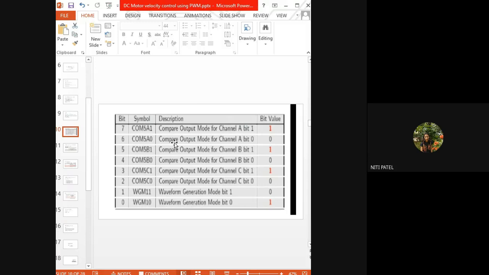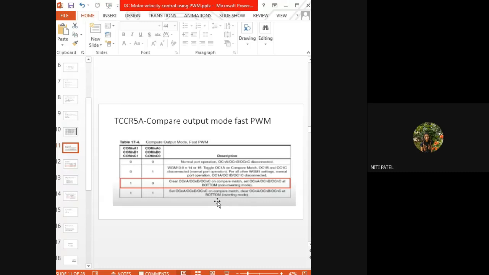So when I select the robot in the fast mode, I have to compulsorily use 3 channels. Which are those 3 channels? Either A, B or C. Now when I'm selecting these channels, based on the values of this selection, these waveforms will be generated. The values to select are predefined. They can be either 0,0, 0,1, 1,0 or 1,1. But the value that will give me a proper output is 1,0.